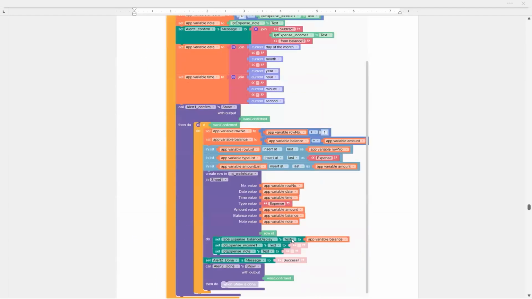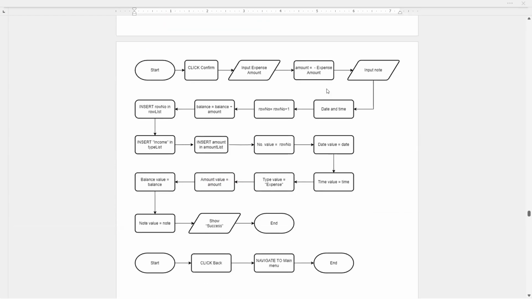The expense screen also operates in the same way as the income screen. The only differences are that the expense amount is stored as a negative value and other places income is